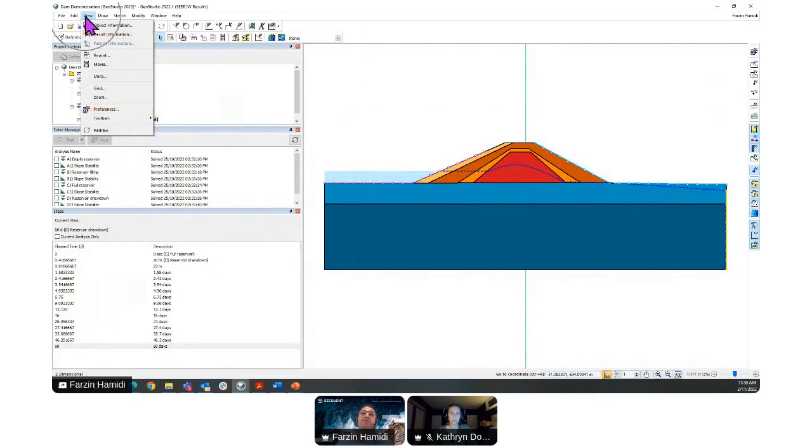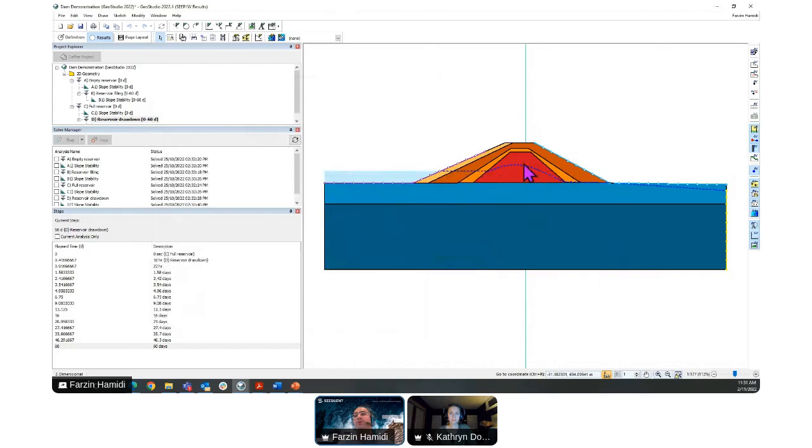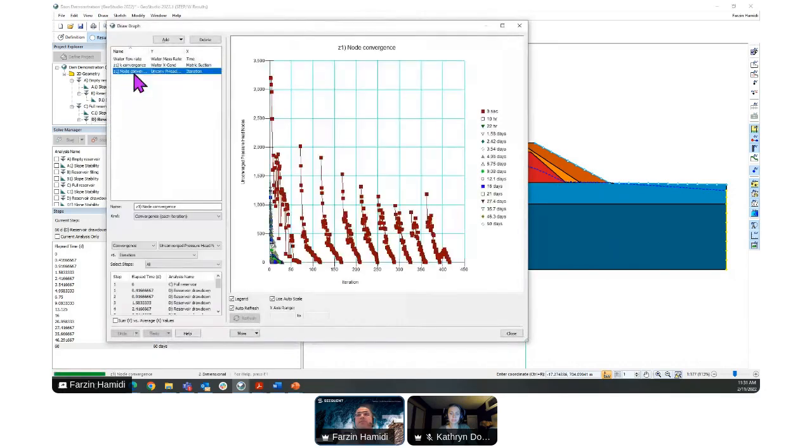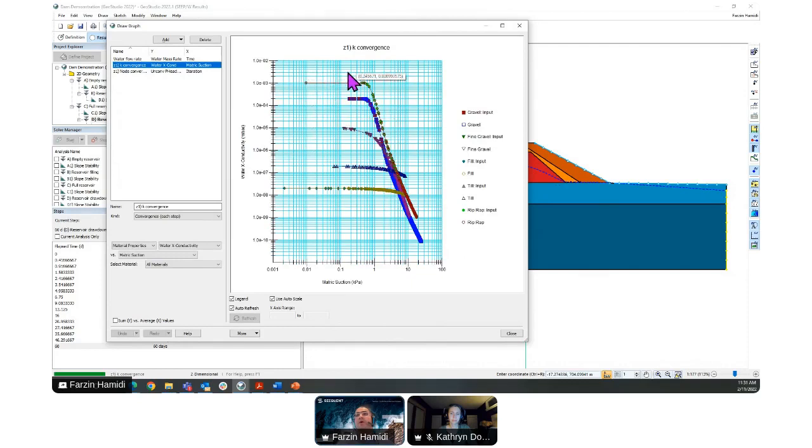It's always good to show them that under the view, when you are in a definition view or a result view, in view preference, you click on this one, and you will be able to see those convergence issues. The other way of doing that is to see it in here. Once you see the convergence, you will see that the conductivity for the input parameters, for example for the gravel, and also the calculated parameters, all fit into each other.